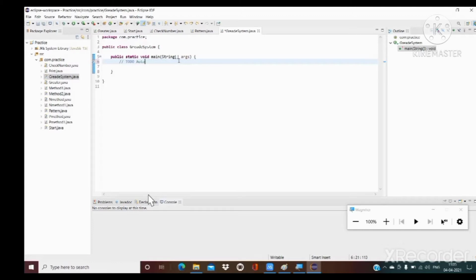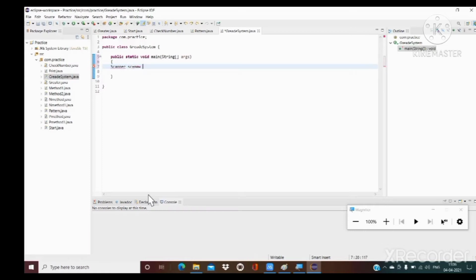Public static void main, void so that it does not return anything. After that we are creating the object of the Scanner class for entering the marks from the console at the user end. Scanner is a class and sc is the object of the Scanner class, equal to new Scanner(System.in).